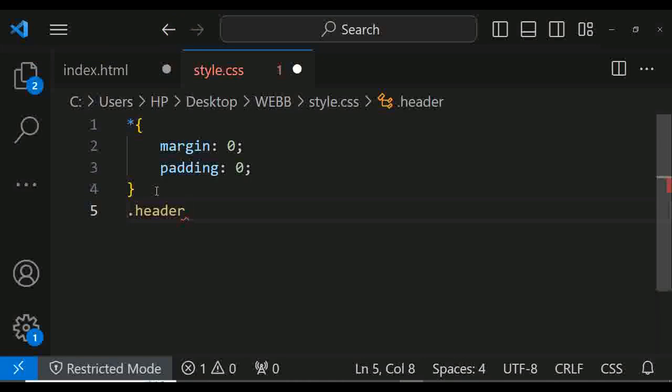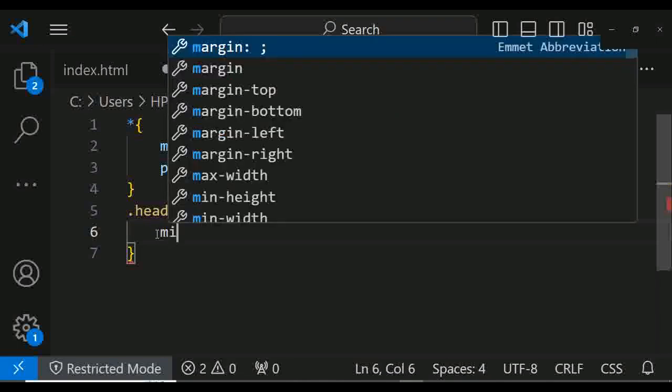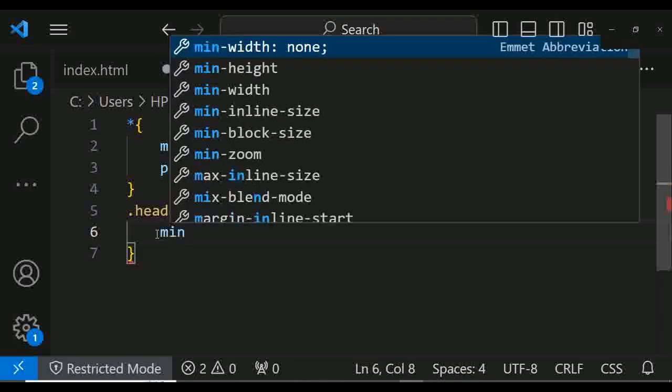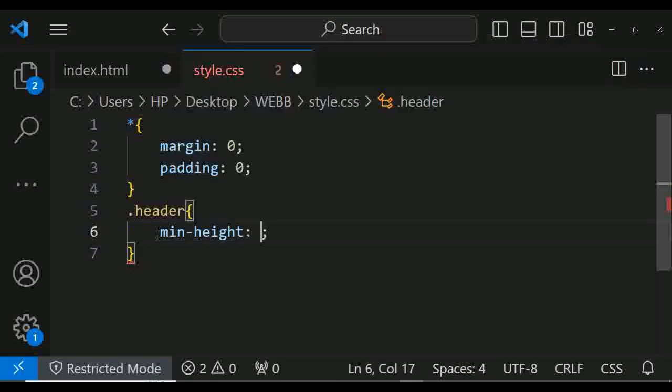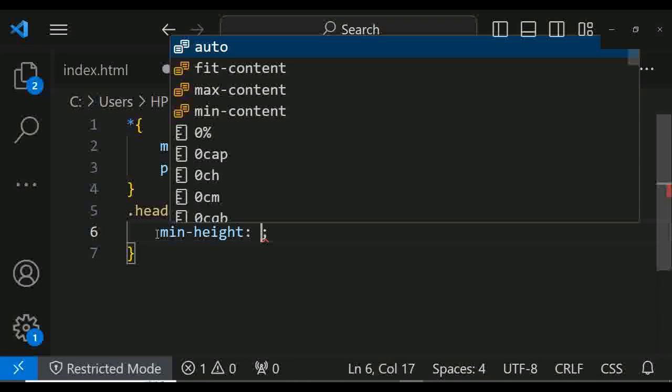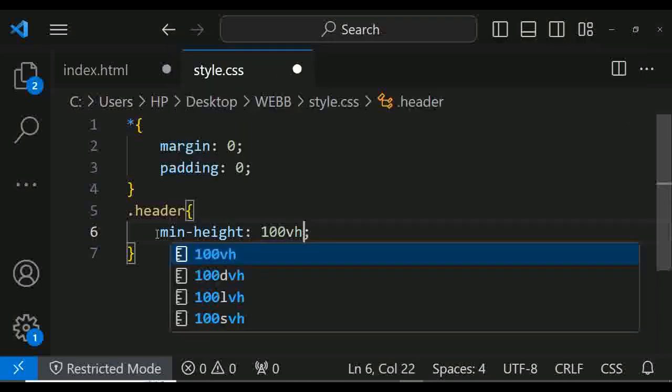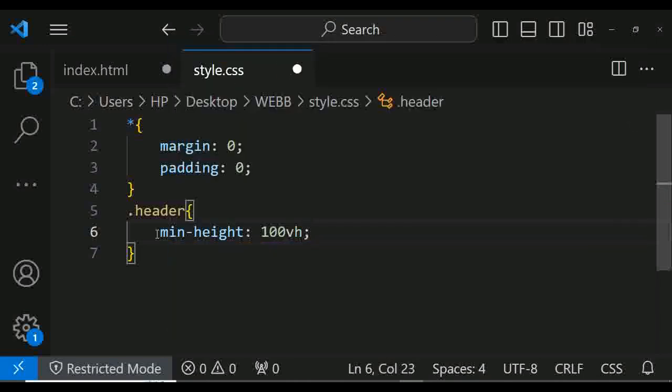So open your braces. This means that we are calling out the class that we want to make these changes to, the header. So whatever we are doing here, we're going to reflect on the web page. Okay, so we want to put min-height. As you can see here, min-height 100vh, then width,